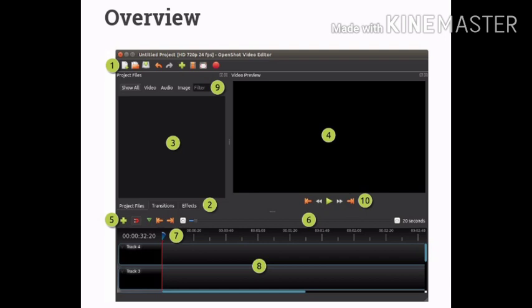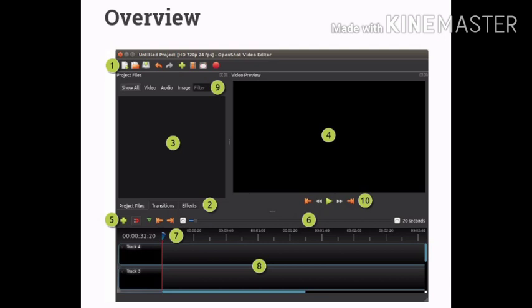Number 5, here lots of tools are available, to cut, to select the frame and to add a keyframe, etc. Number 6 will show in detail all the keyframes, in a larger view. Number 7 shows a pointer where the rendering is done, like a playhead.